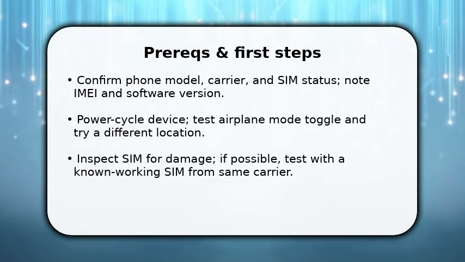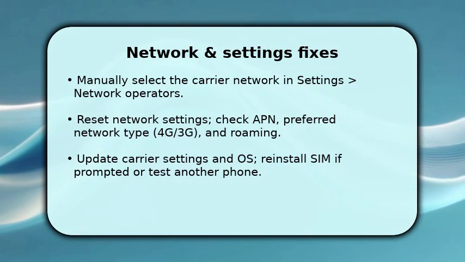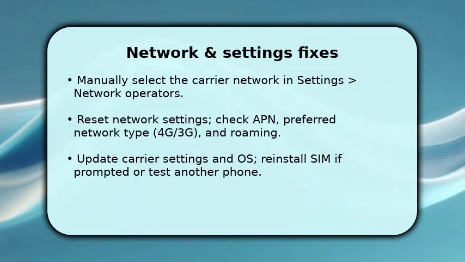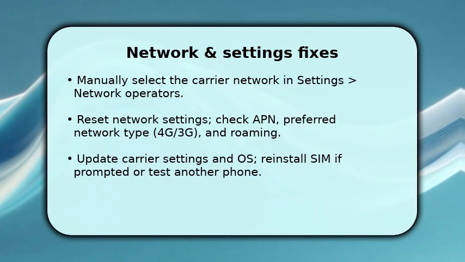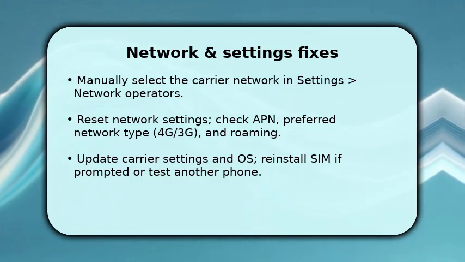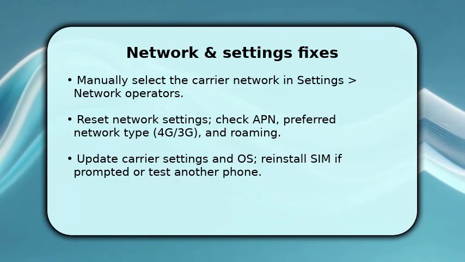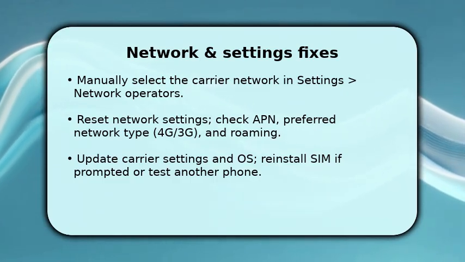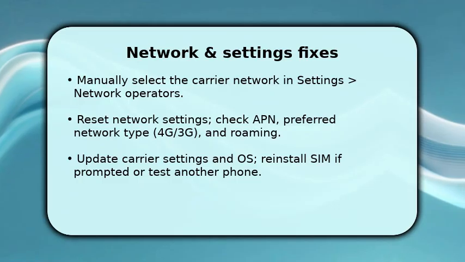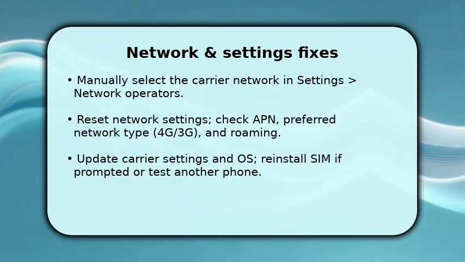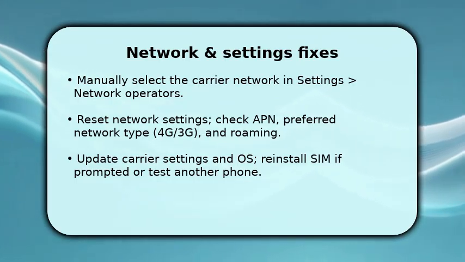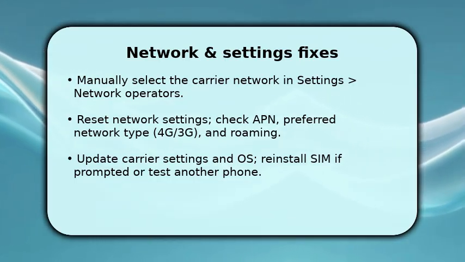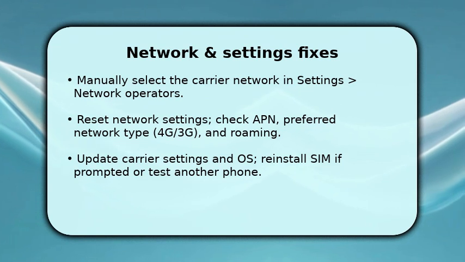You now tackle configuration. Manually select your carrier in network operators to override bad auto selection. This forces the radio to register correctly. Then reset network settings to restore APN and network type defaults, because corrupted settings can block registration. Once done, install carrier updates and the latest OS to fix known radio bugs. If problems persist, remove and reseat the SIM, or try it in another phone to isolate hardware from account or